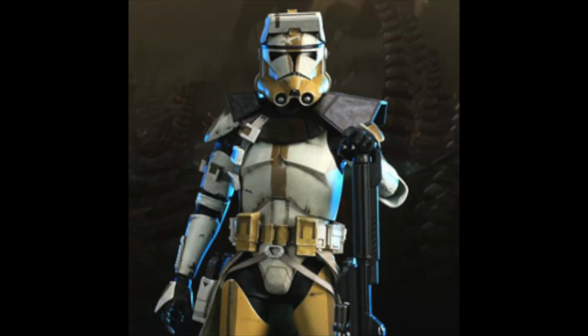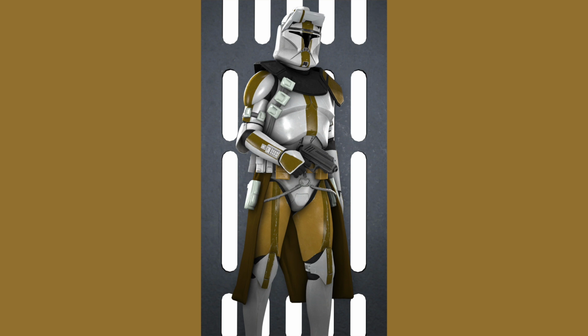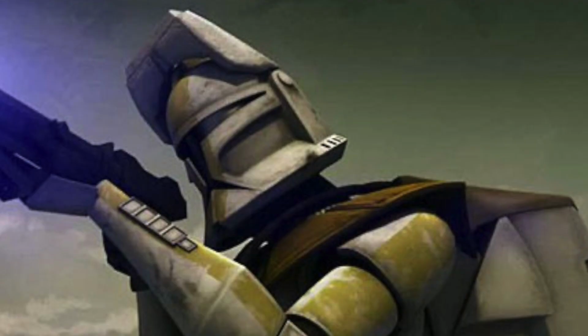Standing 1.83 meters tall, Bly left Kamino adorned in Phase 1 clone trooper armor decorated with the yellow stripes of the 327th. He also wore a tan kama with holsters for DC-17 blaster pistols, and a broad yellow pauldron to signify his rank. His helmet, outfitted with polarized macrobinoculars, allowed him to see great distances, which proved invaluable when he was